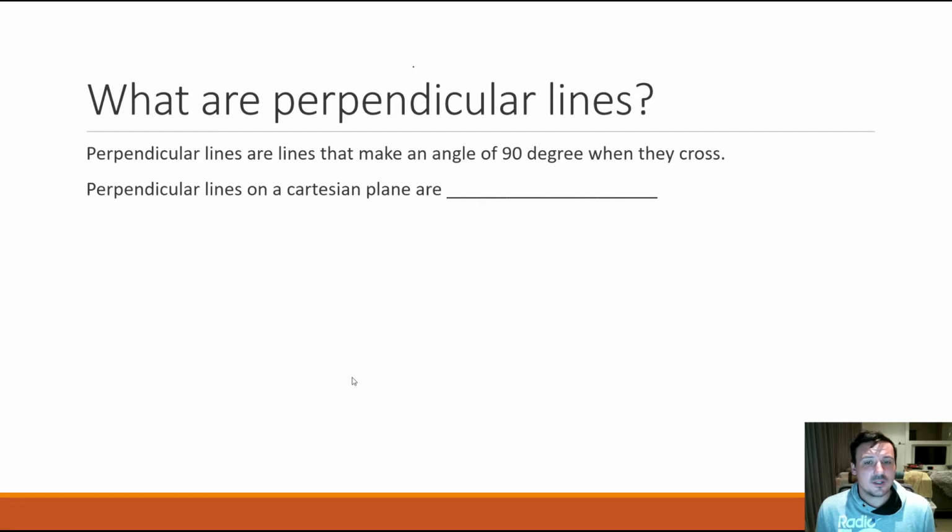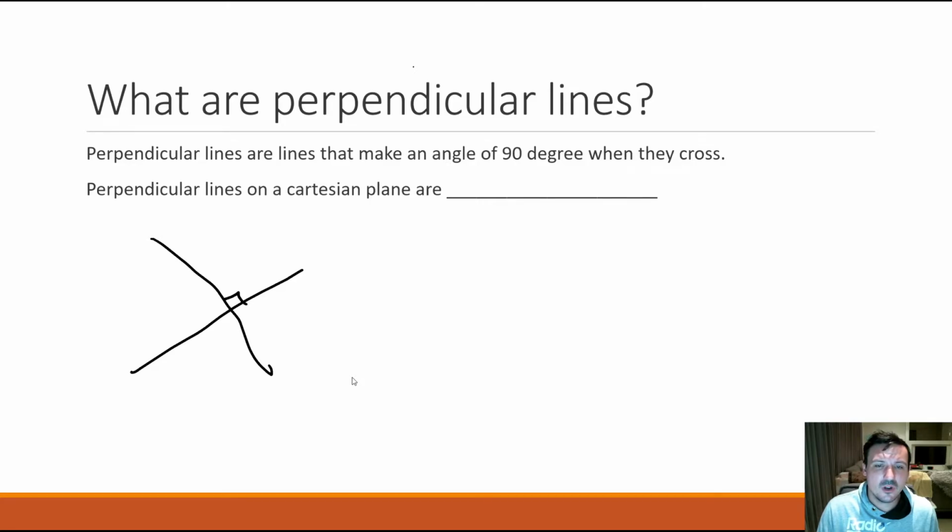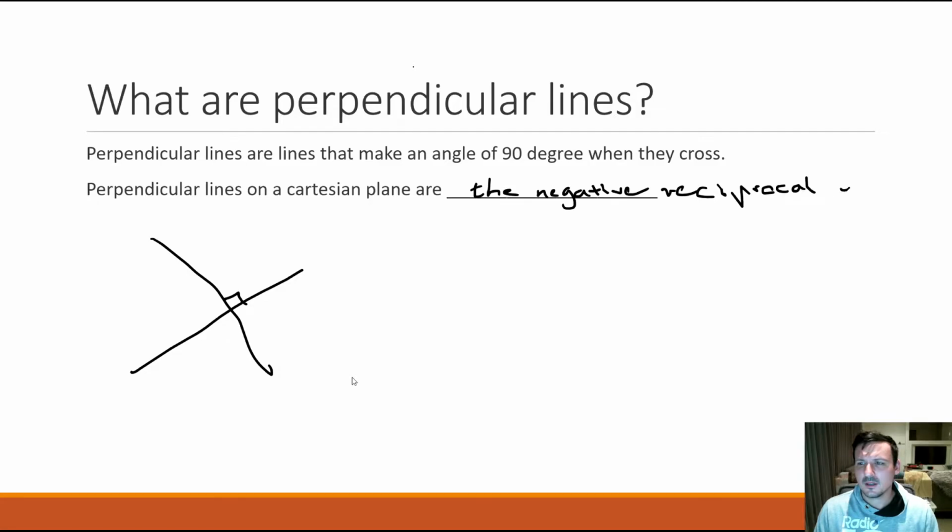So what are perpendicular lines? Perpendicular lines are lines that make an angle of 90 degrees when they cross. On a Cartesian plane, perpendicular lines are the negative reciprocal of each other. And what we mean by that is that the second gradient is going to be negative 1 over